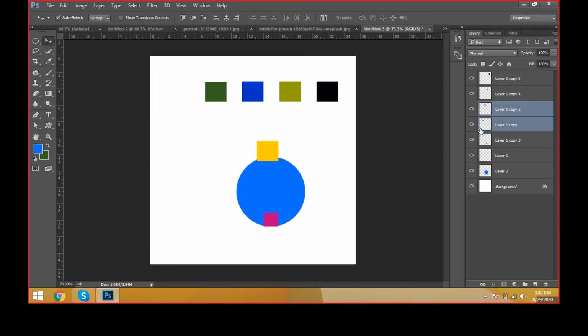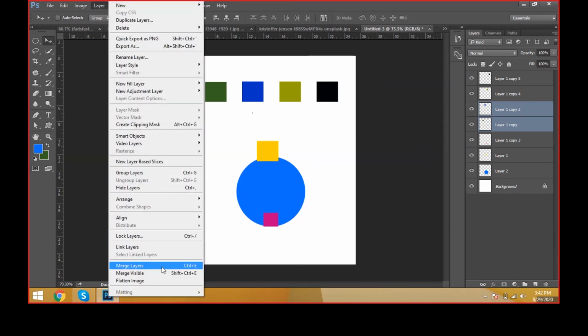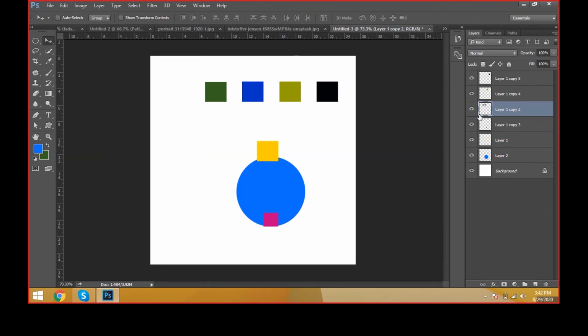You can select these 2 layers. Now merge them with the shortcut Control E in the merge layers, and we have the shortcut here, Control E. Just click it. The 2 layers form a single layer. I can't unmerge the layers again. There is no option for unmerge. That's why, friends, we have to keep everything in a group only, not merge.